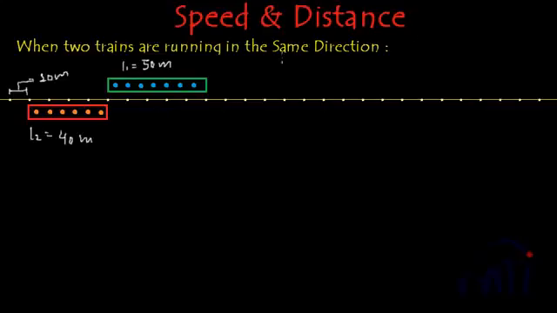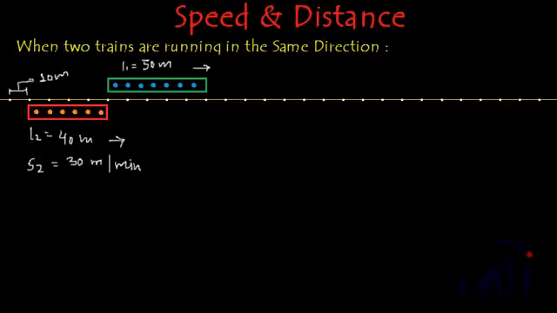And since both the trains are running in the same direction, let's assume that both of them are running in this direction. Right? Of course, we have to assume that the red train is trying to overtake the green train completely. So the speed of the red train will be higher than the green train. So if I assume that the speed of the red train, which is S2, is 30 meters per minute, I am assuming meters per minute